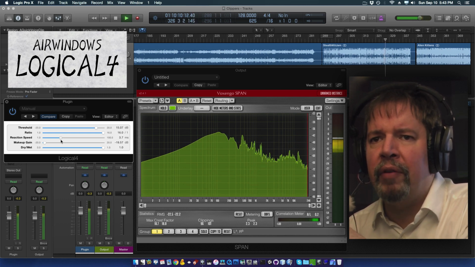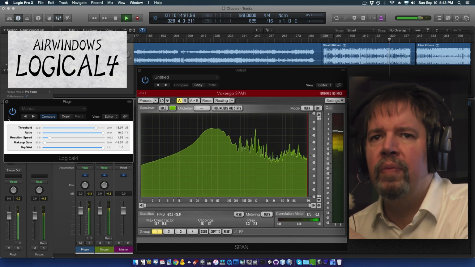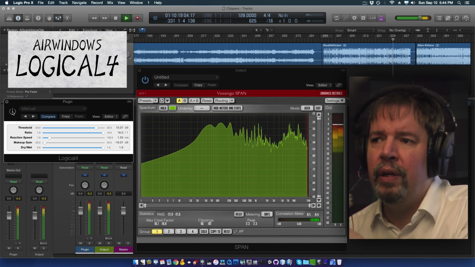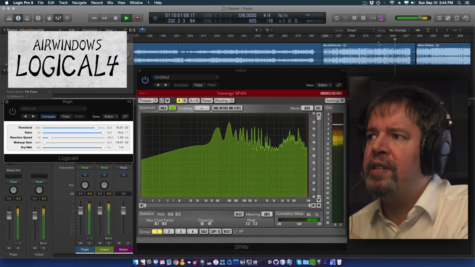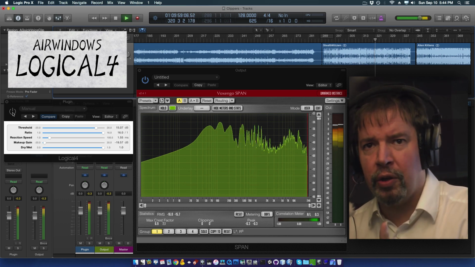This is happier with higher reaction speed. Now that's pretty nuts compared to dry, sounds just like this. Then when I kick in Logical,